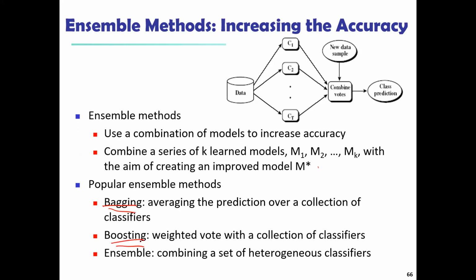So this means combining a set of different types of classifiers or different types of models. In this, we have two methods: bagging and boosting. The bagging method, we also call this technique bootstrap aggregation. Why this name came, I'll explain. The method we use for the bagging technique, or bootstrap aggregation technique, is random forest.